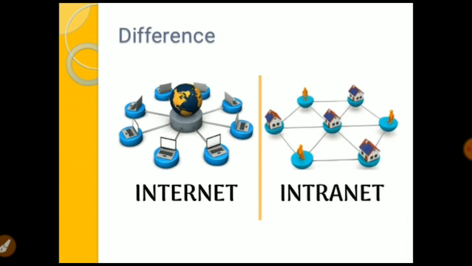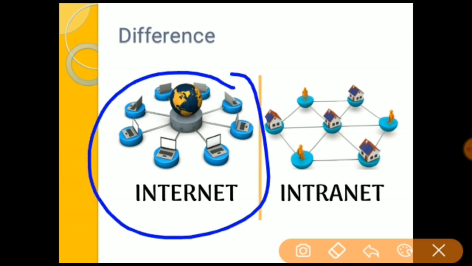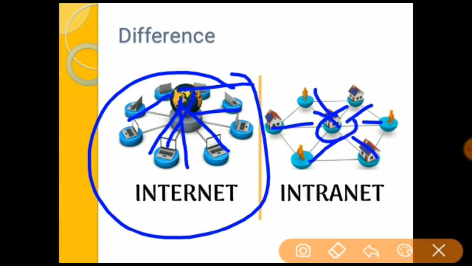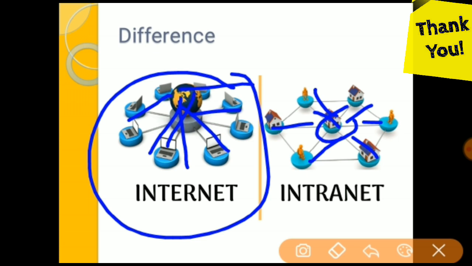So, what is the difference between internet and intranet? Here you can see the internet works globally. Globally means worldwide. Different organizations connect easily with the internet. But in an intranet, only one organization is used to connect its different people. This is the basic difference between internet and intranet. So this is all about the basics of the fundamentals of computer. Read the content very carefully so that you can easily understand the basics.